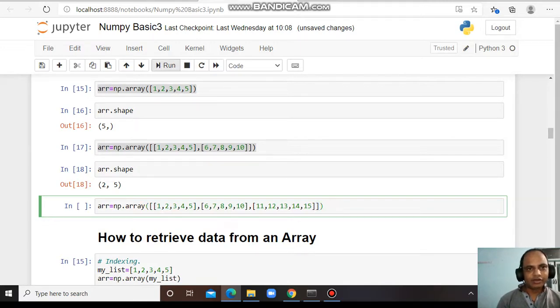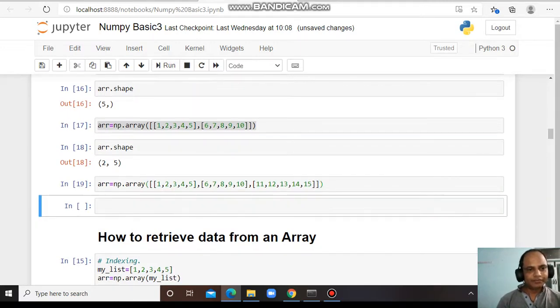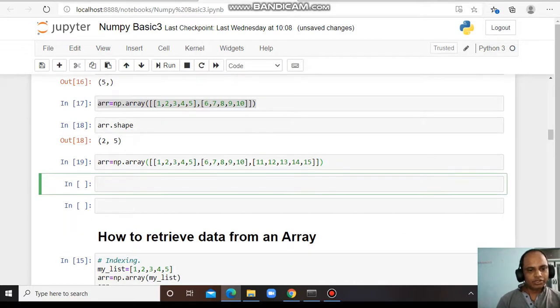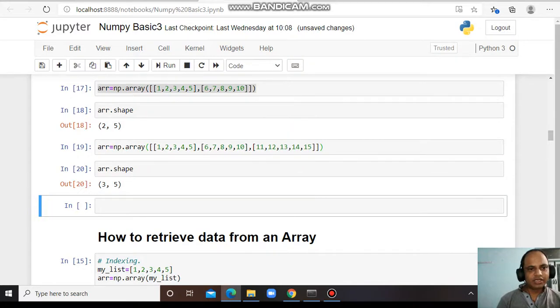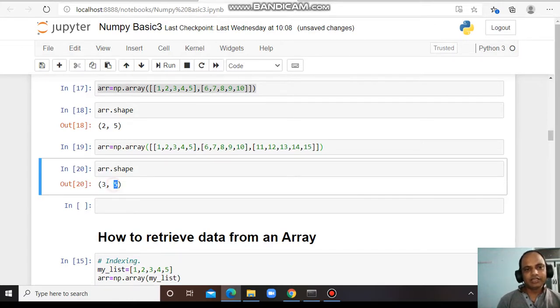If I run this one and now I want to see the array's shape, it will show 3, 5. This is also two dimensional, but the shape is not 2, 5. There are three rows and 5 columns. The first one is the row, and the second one is the column, right?